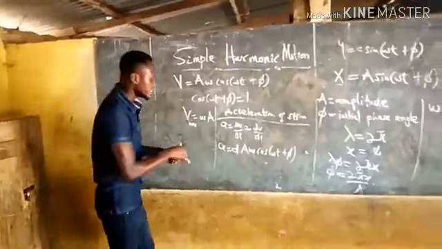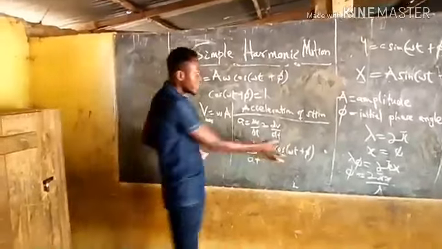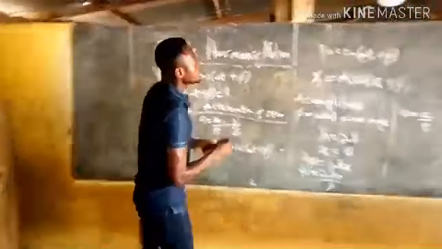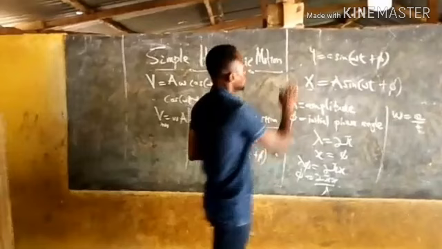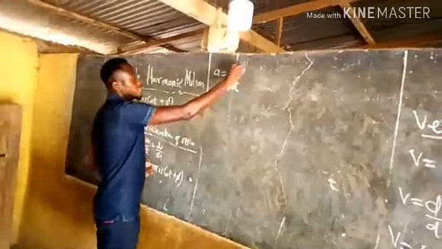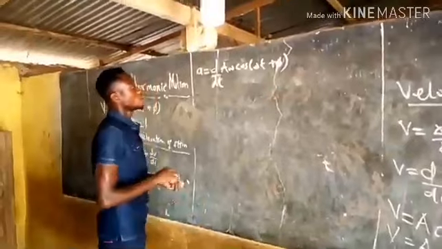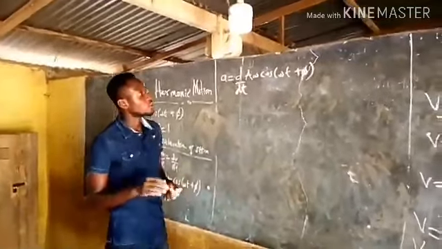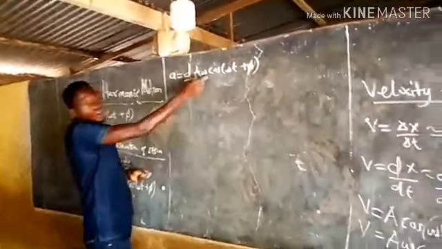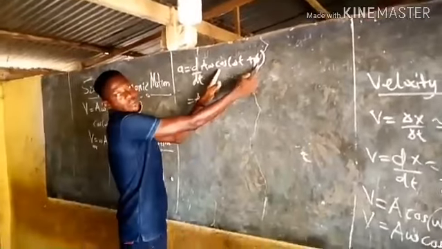So how do we differentiate this with respect to t? We are going to hold A omega constant, then we differentiate this with respect to t. So we are going to have the differential of the velocity function, which is A omega cos(omega t + 5). If you consider calculus, whenever you differentiate cos, you get a negative sine. So here we hold A omega constant. So A omega. Then we differentiate cos of (omega t + 5), and that will give us